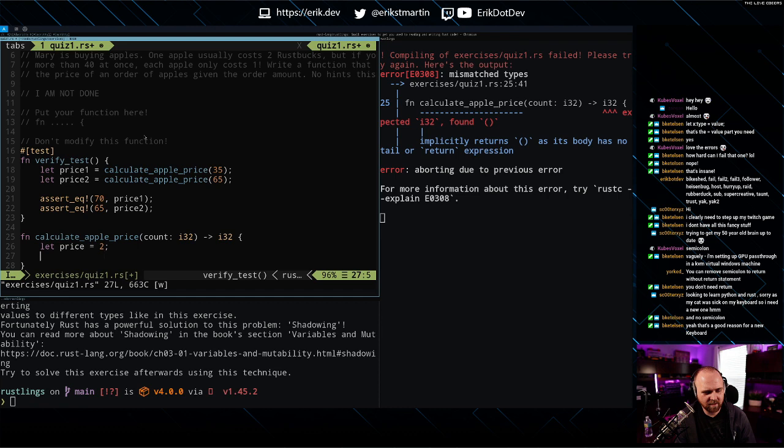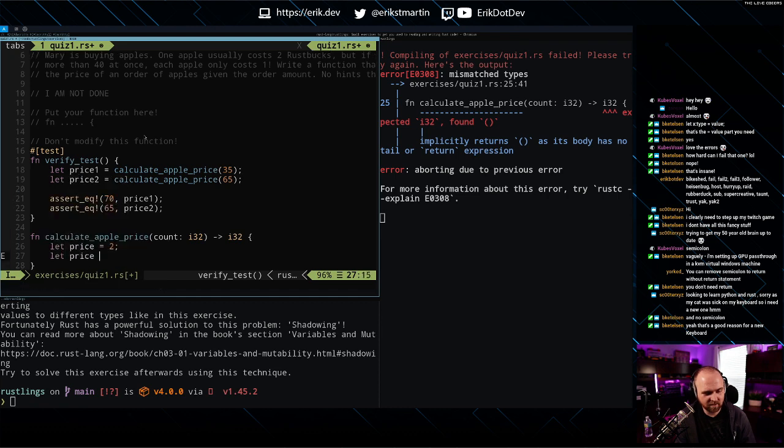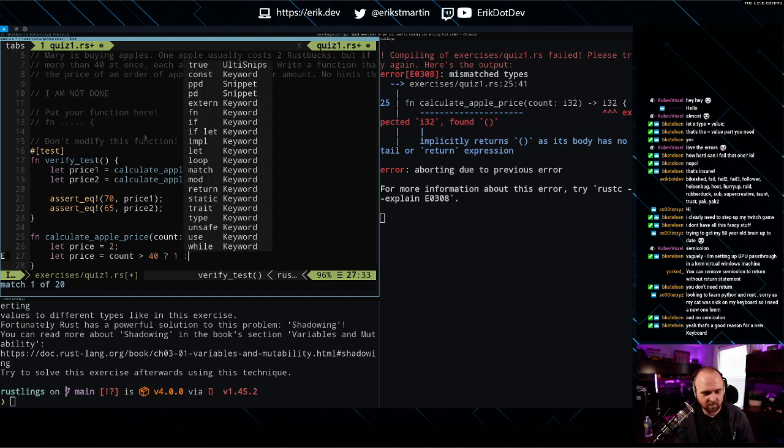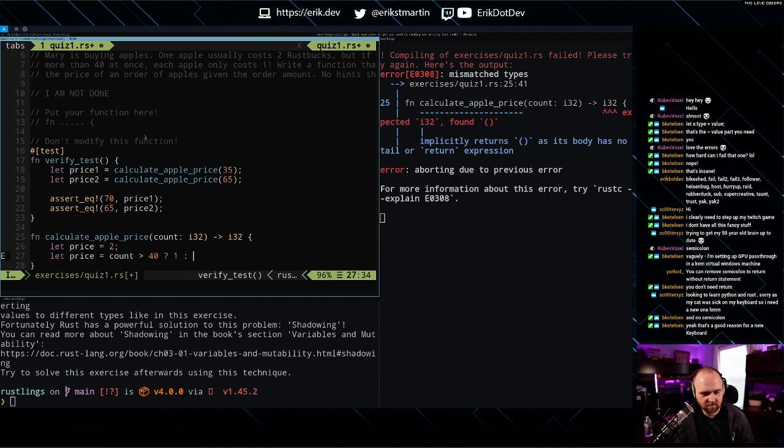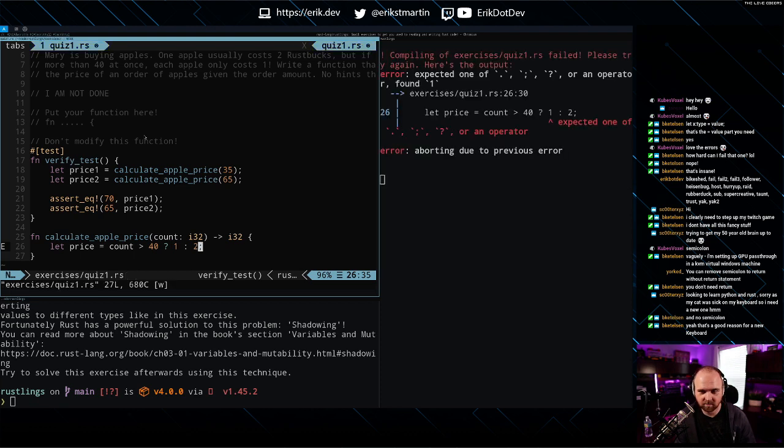Do we have a ternary operator in Rust? Can we do like a let price equal like count greater than 40? Does this work in Rust? Does that work?